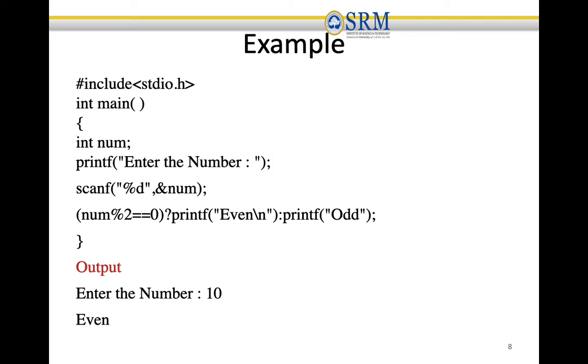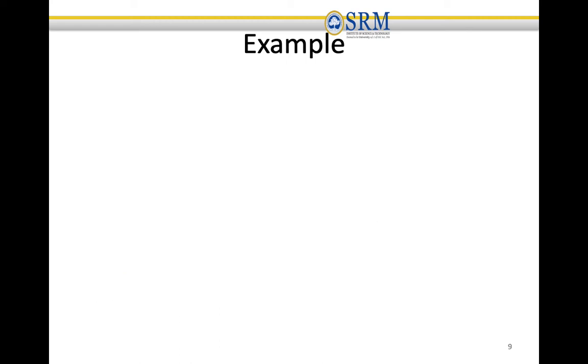Then we check whether the modulo of 2 is equal to 0. Let's say the number entered is 10. So 10 modulo 2 is equal to 0. The modulo operation checks the remainder, and since the remainder is equal to 0, we assign the value as even.